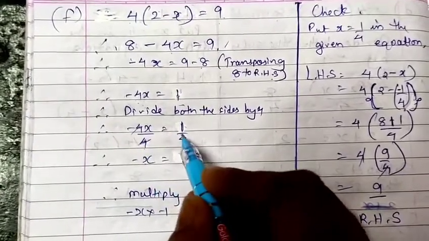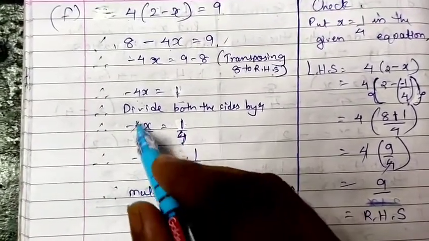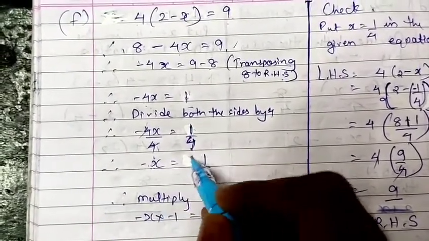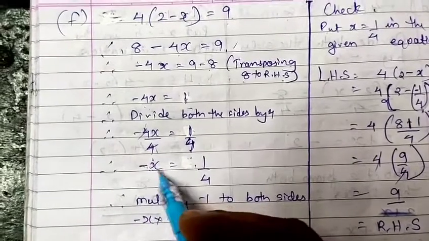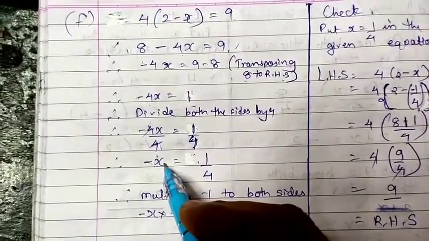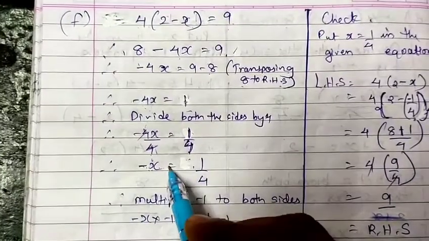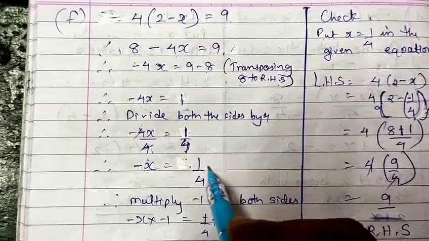So if you divide both sides by 4, the 4s will get cancelled, and negative x is left. Here 1 by 4 is left. Now your variable cannot be negative, so you have to multiply this by -1. Whatever value you multiply on your left hand side, the same value you have to multiply on your